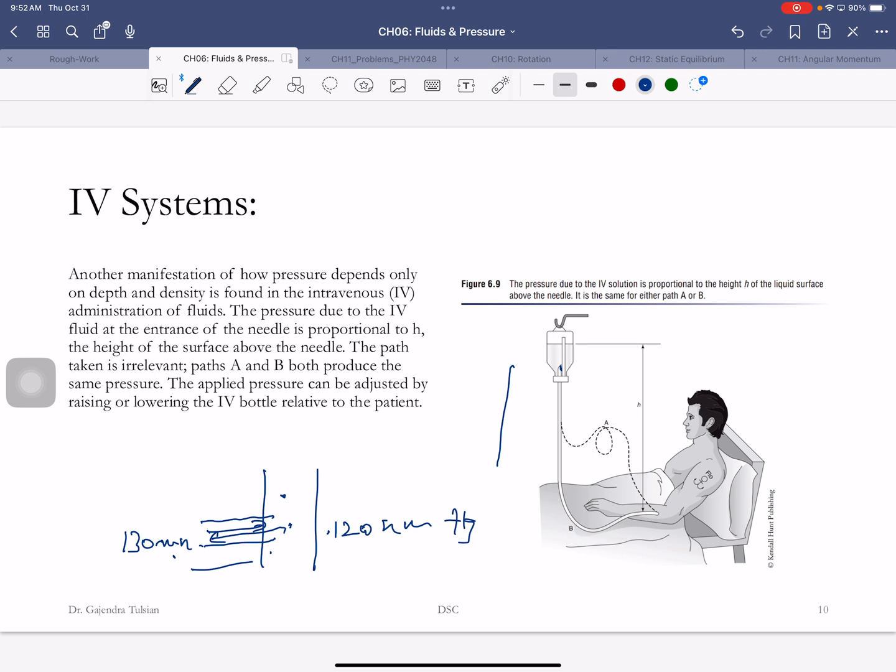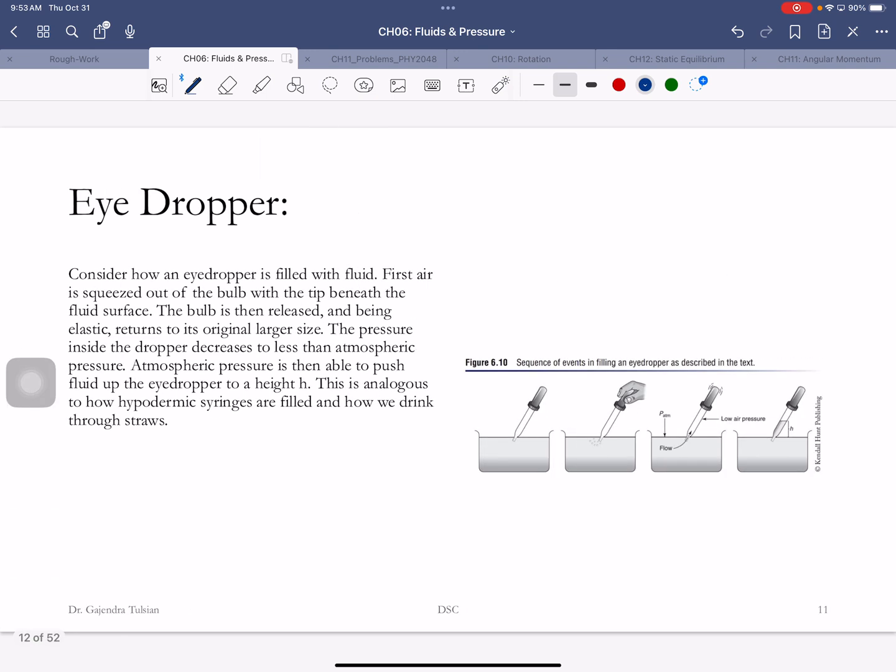Okay, so if this fluid is not flowing in, all you do is raise this up to increase this pressure. Okay, so that's what's going on. All right, I'll skip this